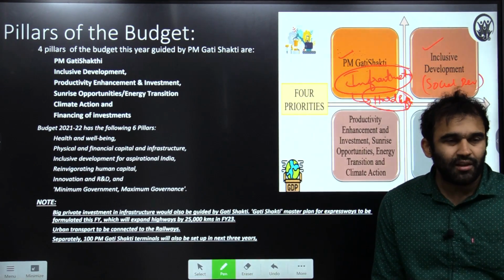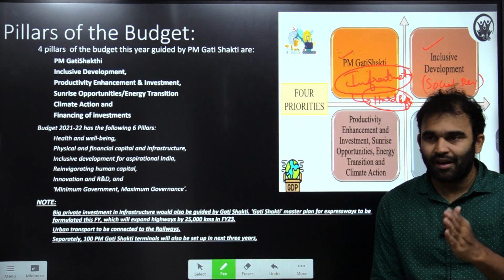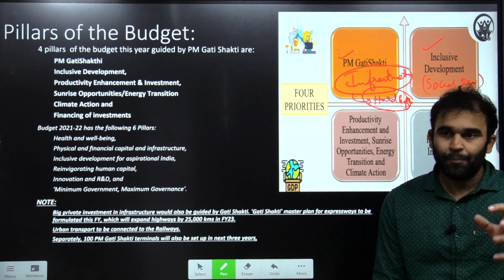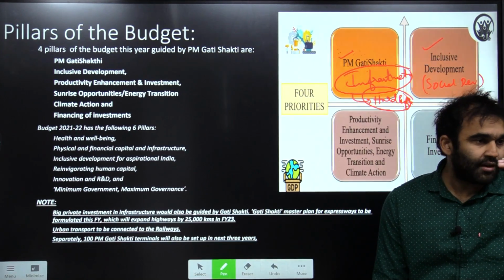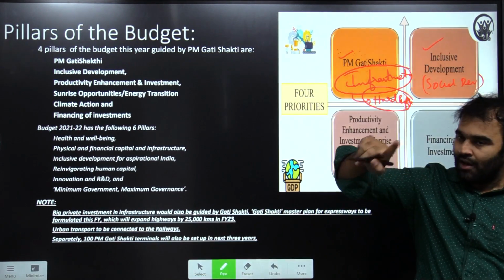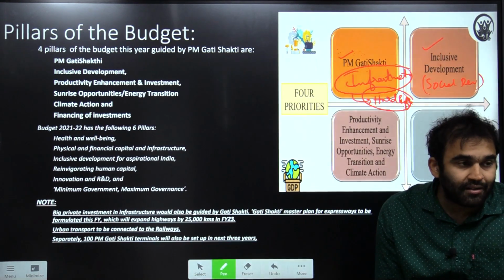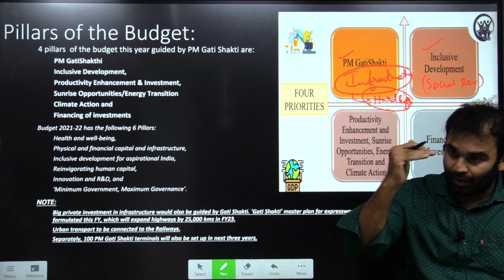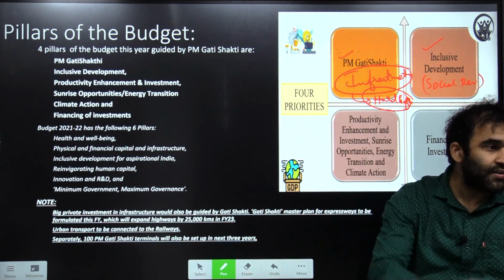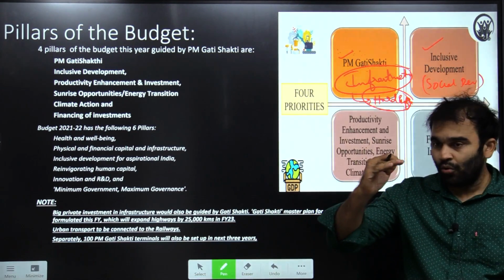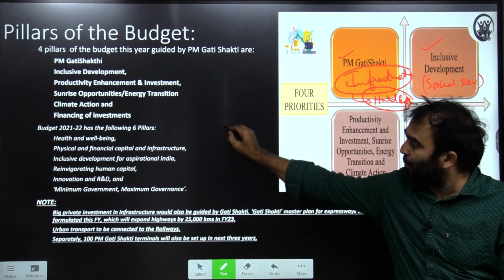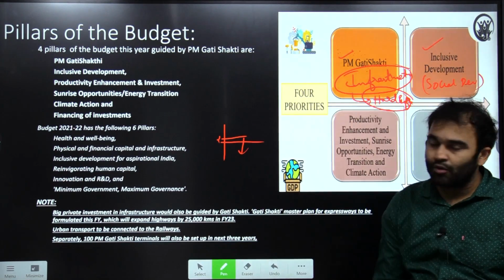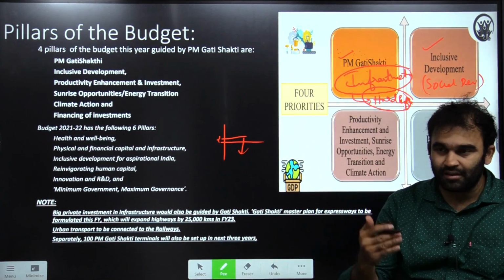Because why? One thing that COVID has done was that it has hurt the poor the most. Most of the people who are on either side of the poverty line are the ones who are the most hit. Because people who were below the poverty line were pushed further, and people who were above the poverty line, somewhere here, were pushed into poverty.